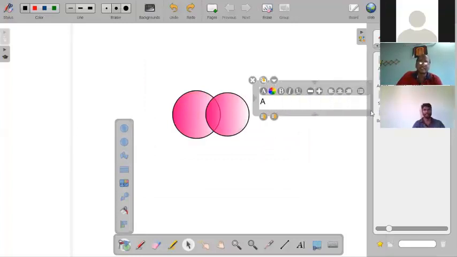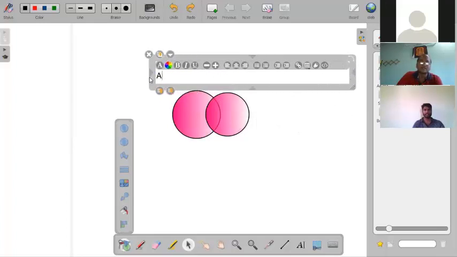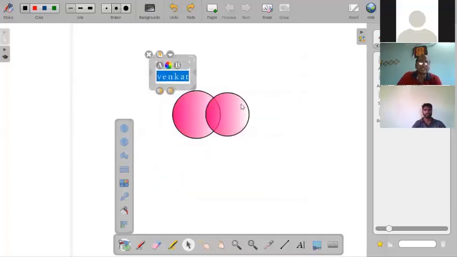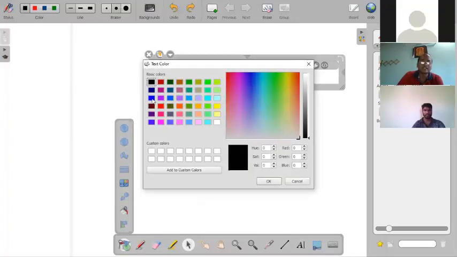If you drag this one, you can see the options. This is the main purpose. Please see this carefully. You can change everything. For example, I write my name, Venkat. I select this one and I have changed the font. It is changed. Now I want to change the color. I can change the color.